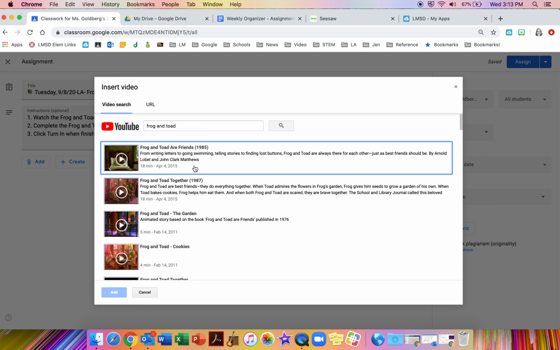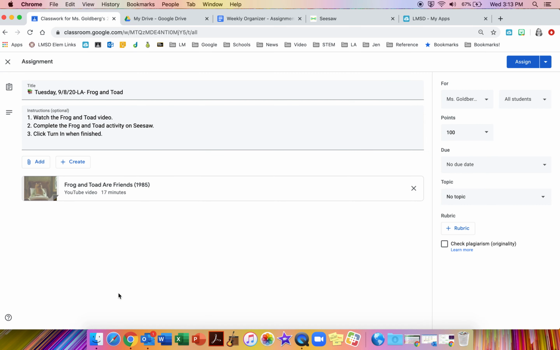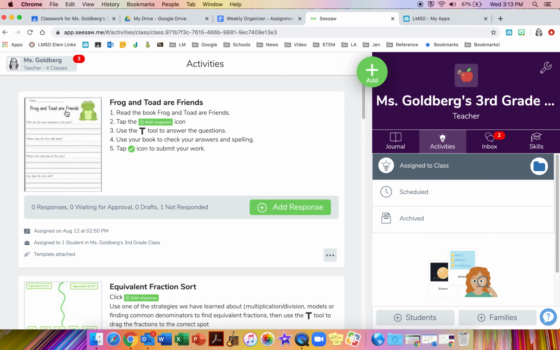But we're going to take this very first video, assuming that this is what we want, and we're going to click add. Now the second thing that we need to do, it says here that we're going to be doing a frog and toad activity in Seesaw. You can see in Seesaw that I've already built this frog and toad activity, and it's waiting for students to